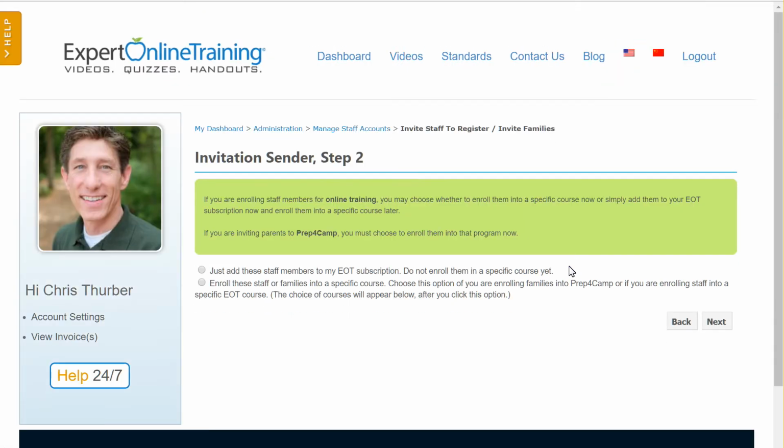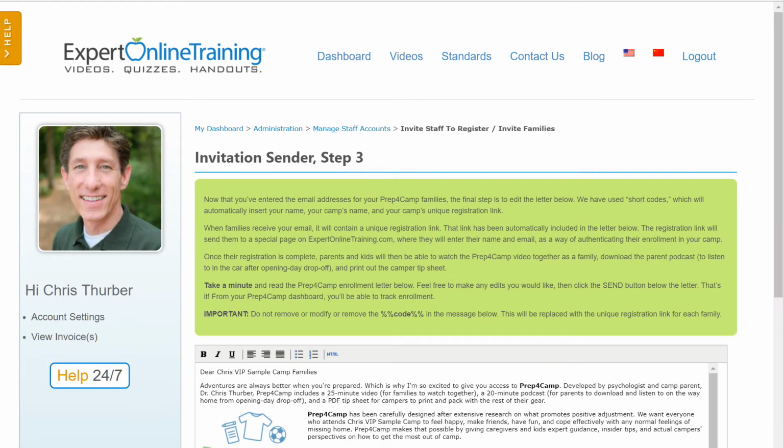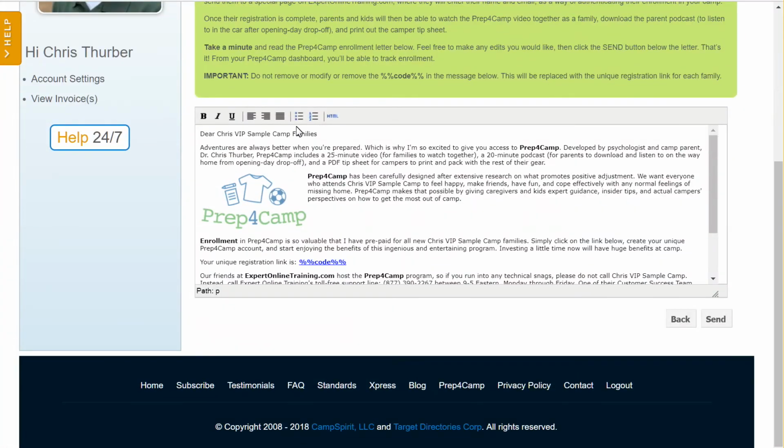In step 2, all you're going to do is click on Enroll Folks and then enroll them in Prep4Camp. Be sure you click both places, otherwise you'll have enrolled families, but they won't have anything to look at, and then click on Next. And finally, in step 3, you'll notice that I have scripted a beautiful letter that introduces